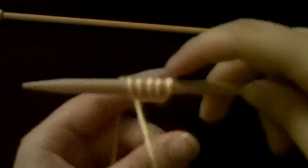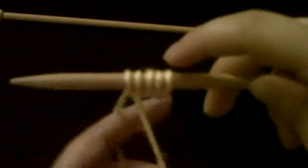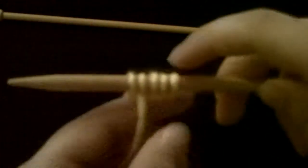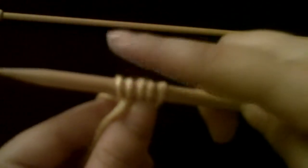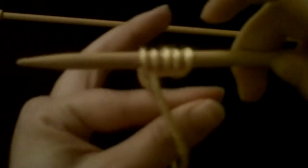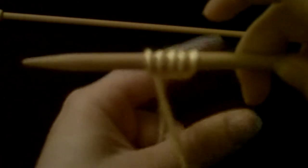Now we're about halfway done. See, every loop on your needle is 1 stitch. Remember, your slip knot counted as 1, 2, 3, 4, 5. Halfway there. Make your bird, put it between your 2, your tail and your working yarn, grab on,